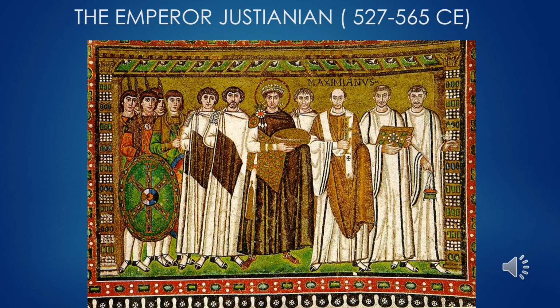So when you look at the mosaic of Justinian from San Vitale, this is at the foot of the apse. Notice he's wearing Tyrian purple for his cloak, which shows his power. Also, he's got a golden halo on, so they're elevating him to more of a holy person, as well as showing him to be the head of both church and state, in the fact that he's got soldiers on one side and the clergy on the other. He's also holding the bread for the communion of the Eucharist, showing again that he's the leader of the church itself.